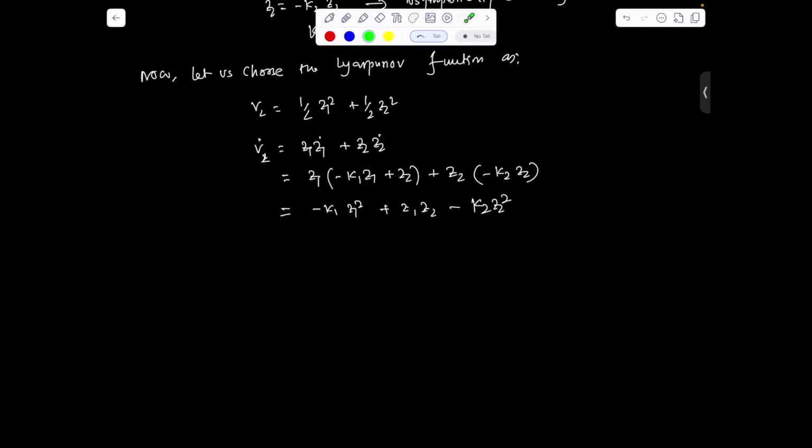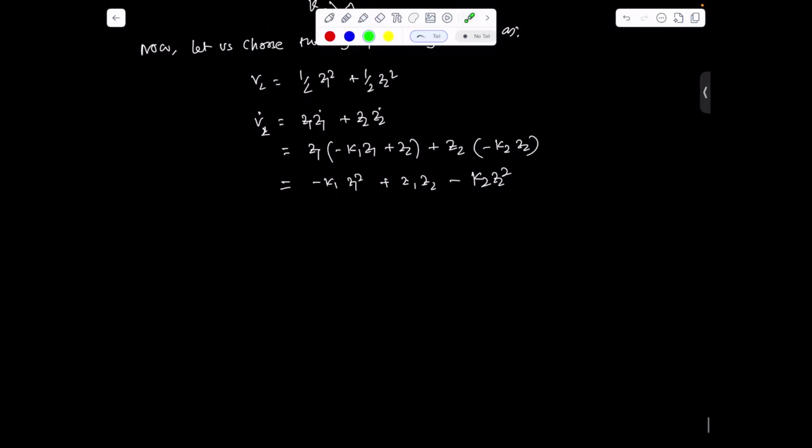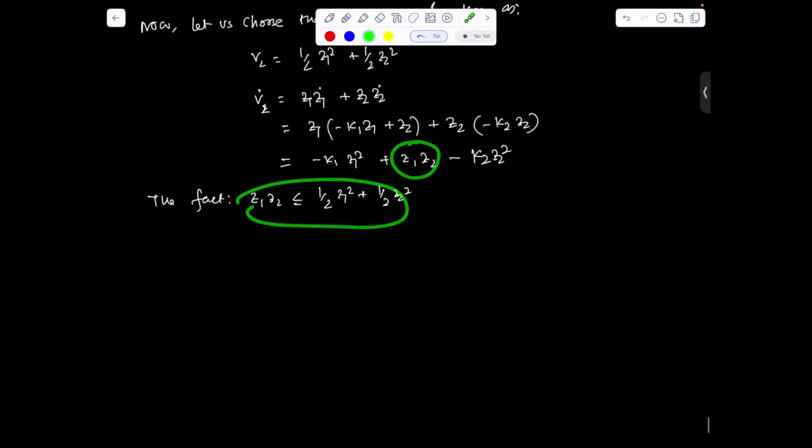Now we have to work on this term, G1 G2. Here we already have the fact, so using the fact, G1 G2 is less than or equal to half G1 squared plus half G2 square. If you substitute this term,